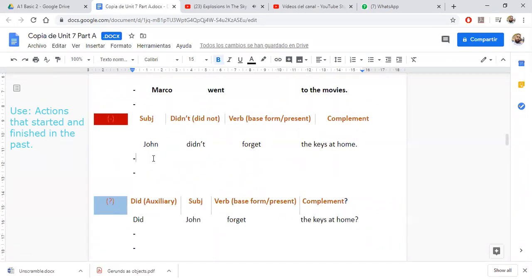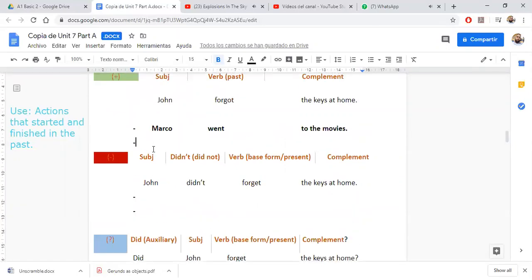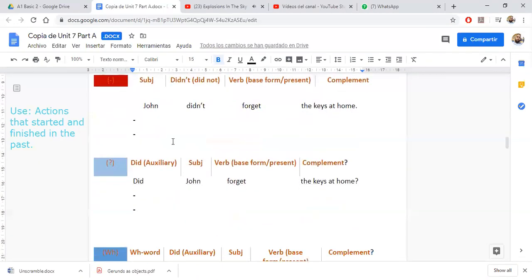Now in negative, John didn't forget the keys at home. Maria has a car. Maria has a car is in simple present, Gilbert. That's not a simple past. Remember, we're talking about simple past, not about simple present. So you can say, Maria had a car. Maria had a car. In negative,